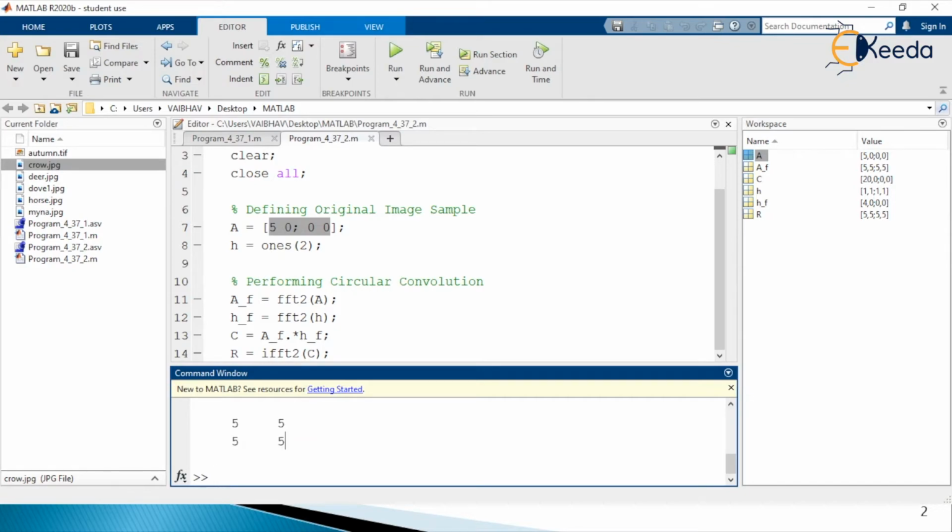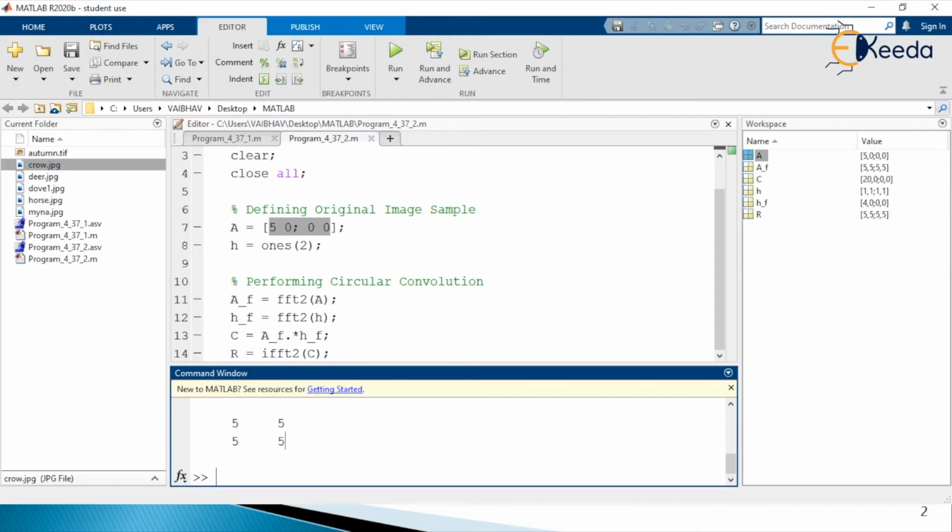So now if we summarize the steps that we have carried out in this methodology for performing the zooming operation by pixel replication, step 1 will be simply zero interlacing. The second one will be defining the impulse response into the matrix form for the same dimensions as that of the input image to be zoomed, and step 3 will be performing the circular convolution between the input image and the impulse response matrix that we have denoted by H here.